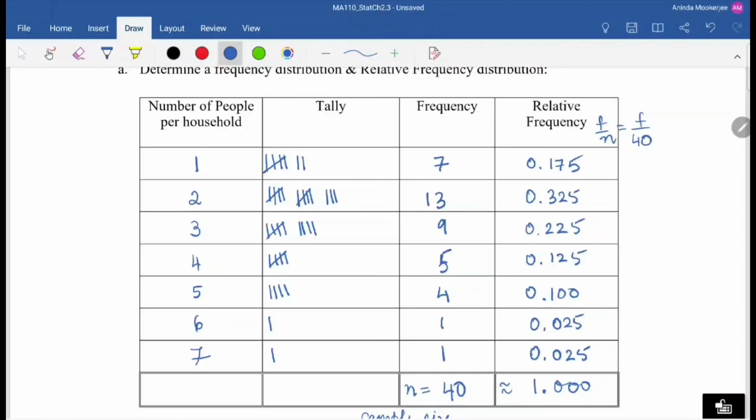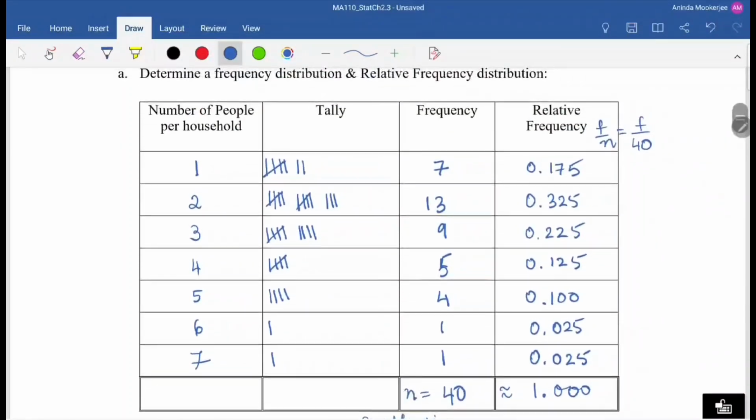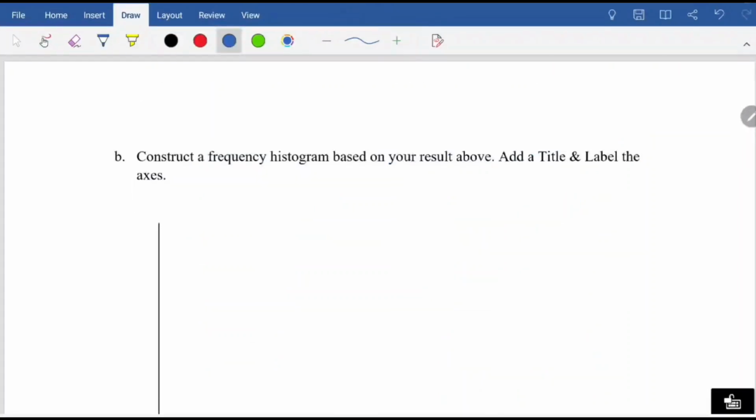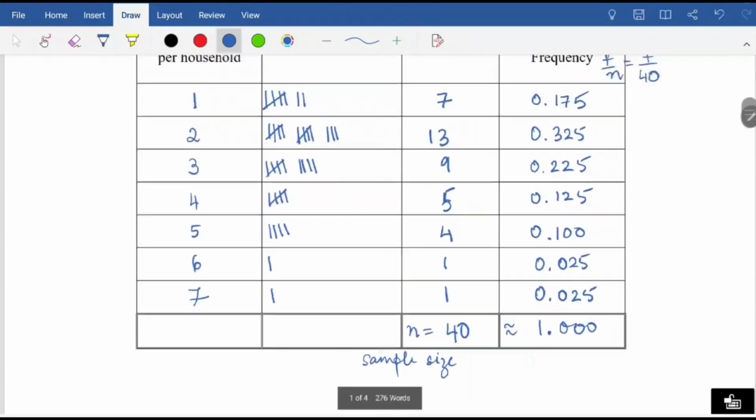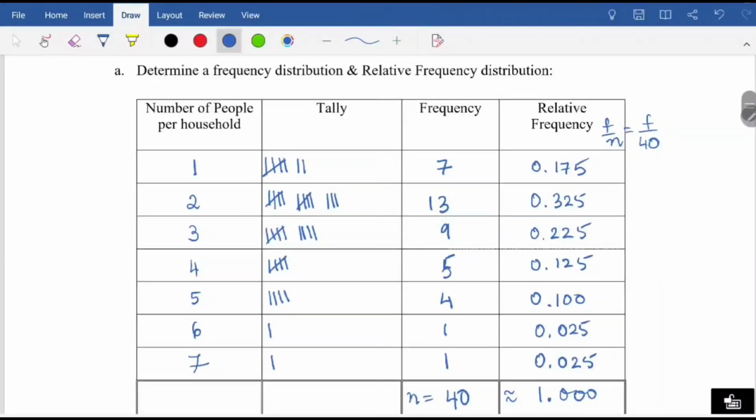All right. So here we have our frequency table for question number 1. We got our tally. We got our frequency from the tally. And then we got our relative frequency using the formula f over n. Now, part B of the question says, construct a frequency histogram based on your result above. Add a title and label the axis. All right. So this time they've asked for a frequency histogram, not a relative frequency histogram. So we are going to use these values here in the frequency column to